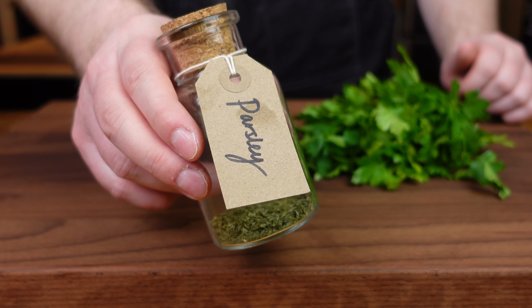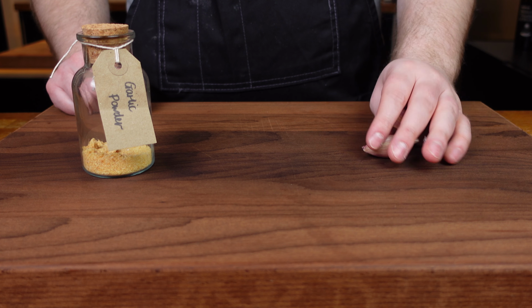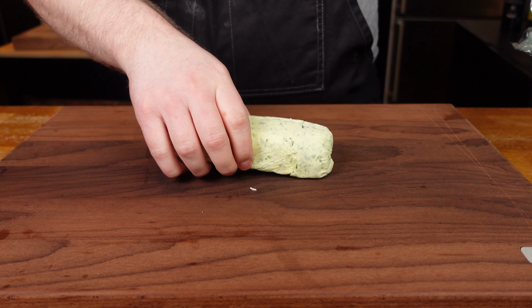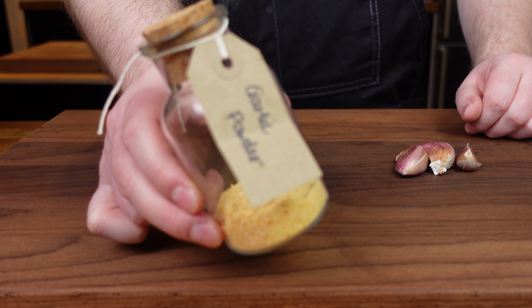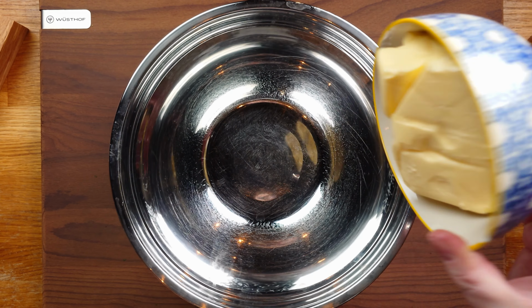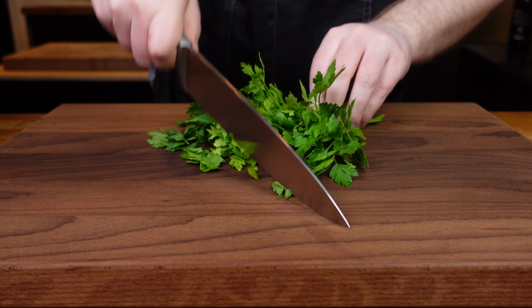One thing to think about is that often there's a fresh or dried version of each ingredient, and if you use the fresh ingredients, the butter won't keep as long if you only plan on having it in the fridge for quick access. If you're freezing the butter, then it's not a problem, but for butter you're planning on using up over the week or so, then the dried options tend to work better. For this video, I'm keeping it simple and neutral with some fresh parsley and garlic for a delicious garlic herb